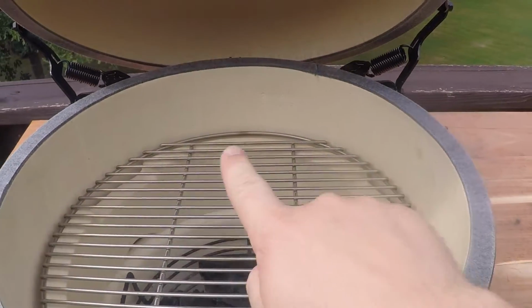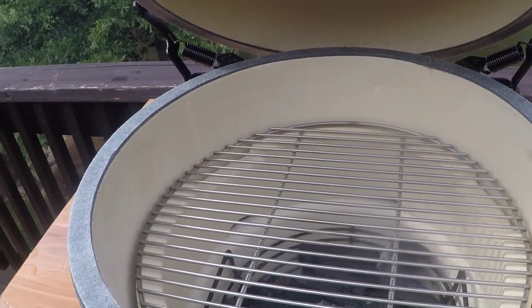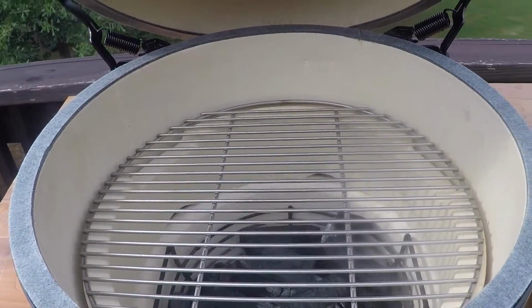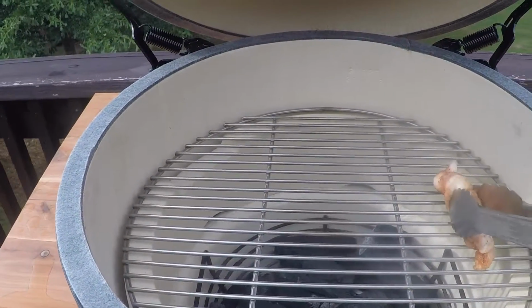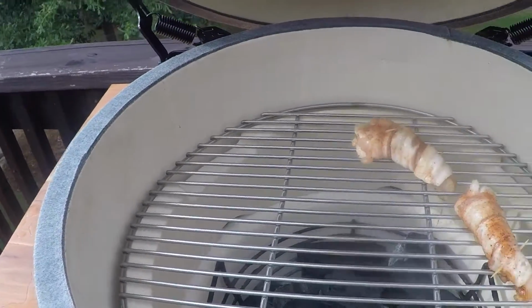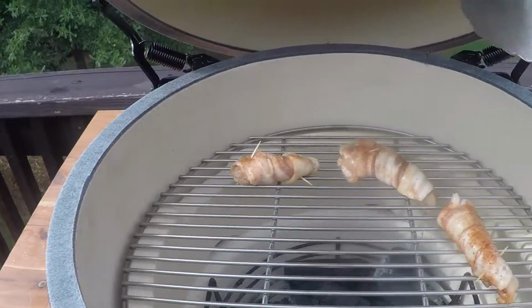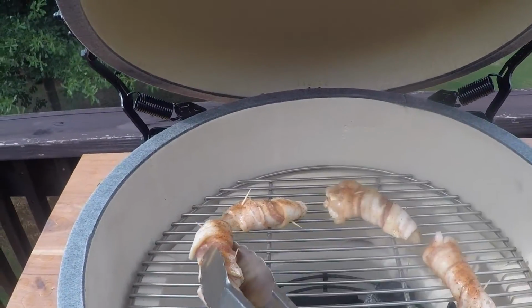And you can see this is my first cook. Look how nice and pretty the egg is. And I'm going to go ahead and put on the chicken tenders. You're going to notice that I put them around the perimeter of the egg because I don't want them on direct heat, but I also don't want to have to use the plate setter for indirect heat for this process. So I'm putting these on,